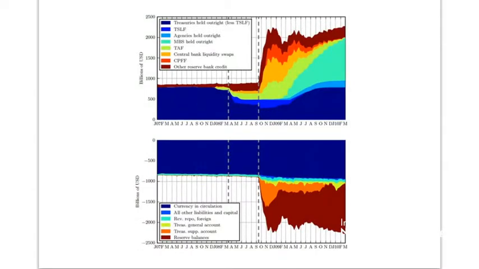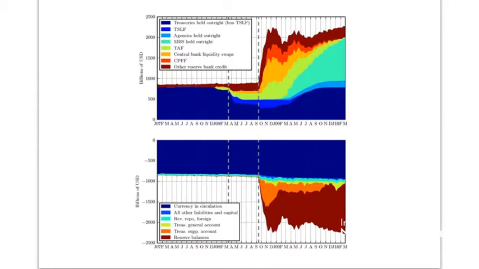This chart is showing you the balance sheet of the Fed, of the Federal Reserve Bank of the United States during the crisis, and it starts in January of '07. And it goes through March of 2010, so it doesn't come up to the present. And so it's showing you the financial crisis. There are these two vertical lines. The first one is the collapse of Bear Stearns in March of '08, and the second one is the collapse of AIG and Lehman Brothers in September of '08.